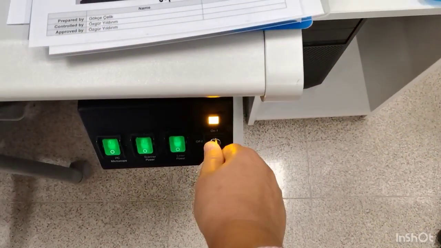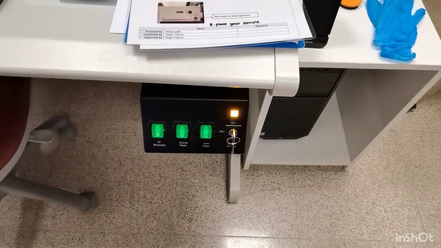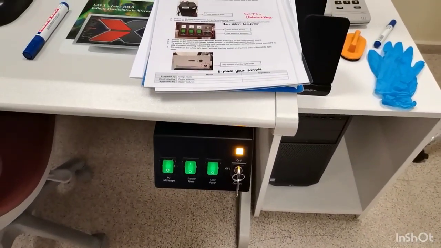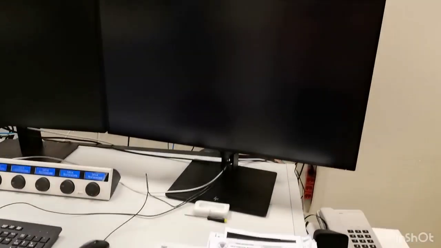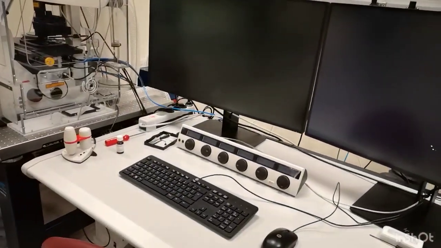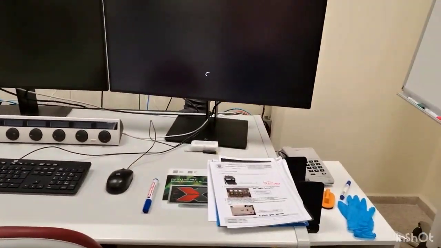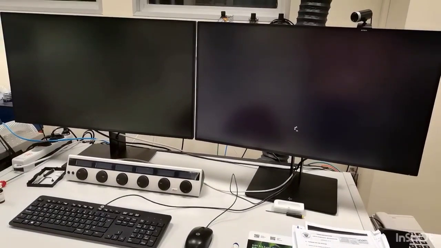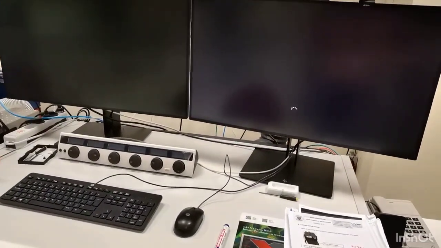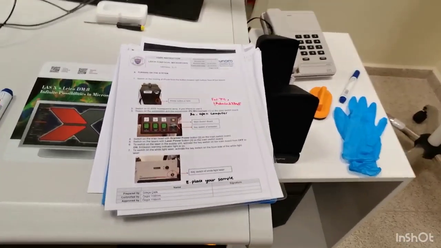Then we activate the key switch and the light turns on. The very last thing is to switch on the white light laser. The white light laser box